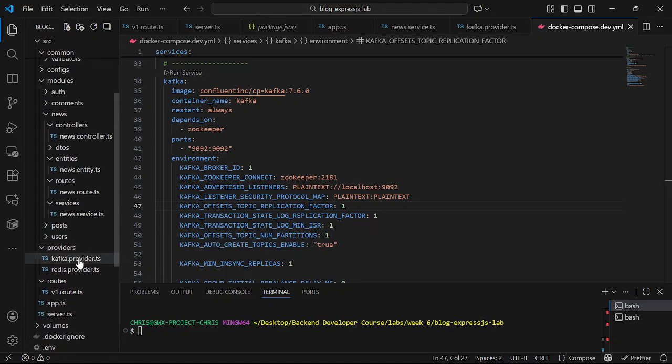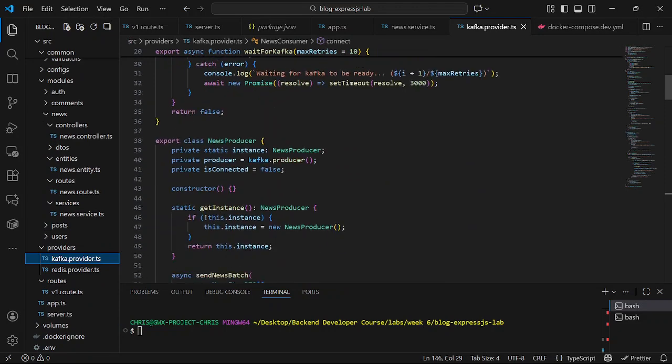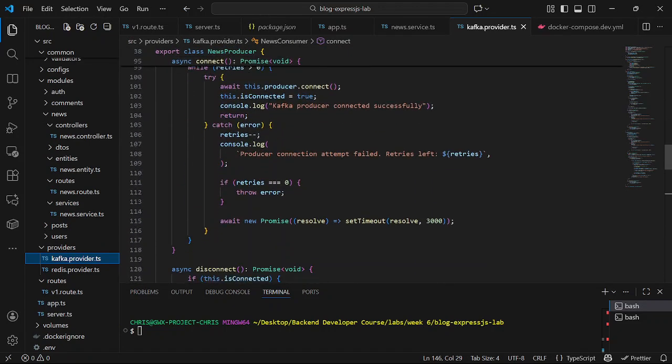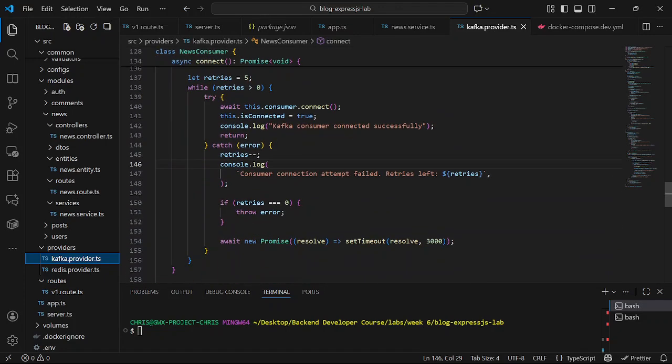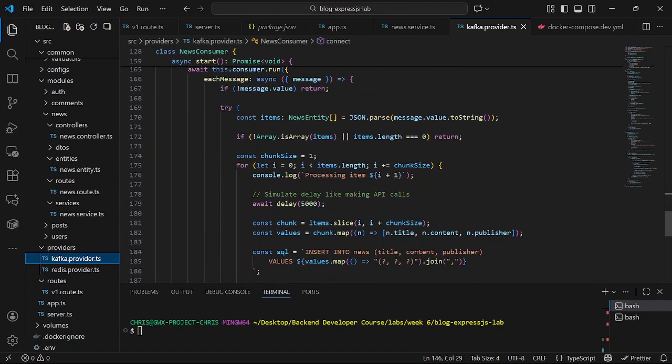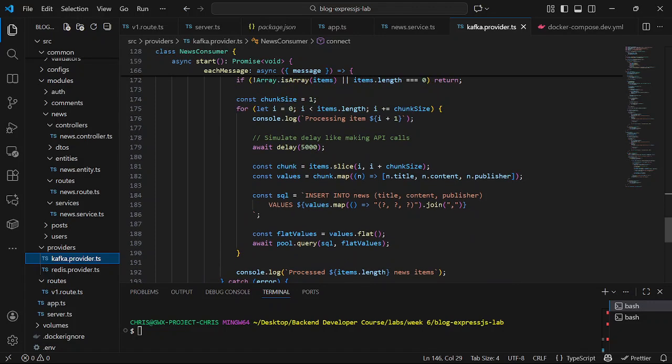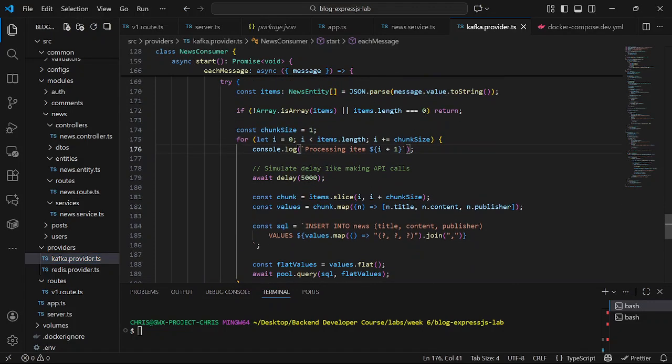Let's go to the Kafka provider here. Everything is the same. I just had to remove some of the console logs on the consumer and the rest. So this is it. I just added this thing here. Let me take this back to 1000.